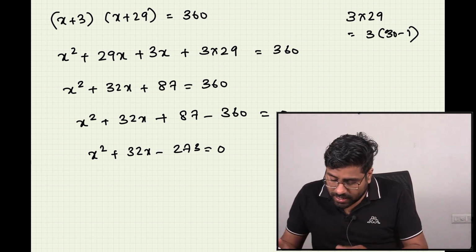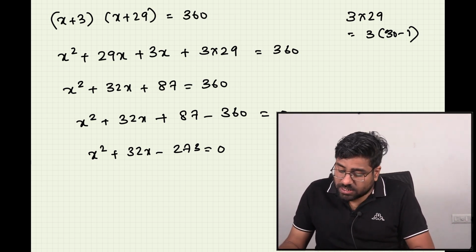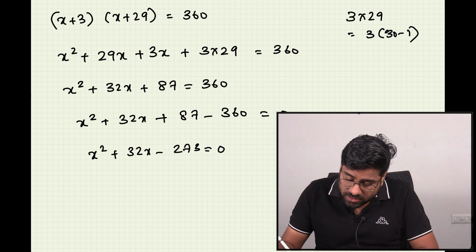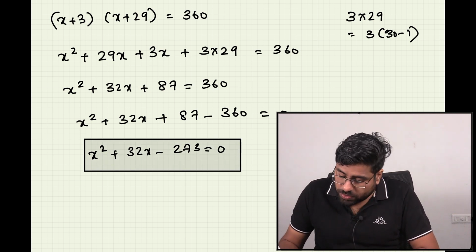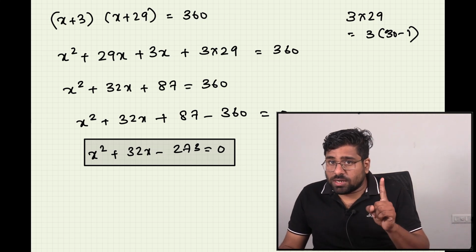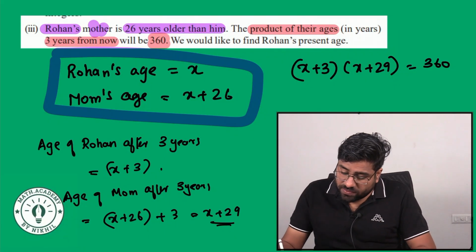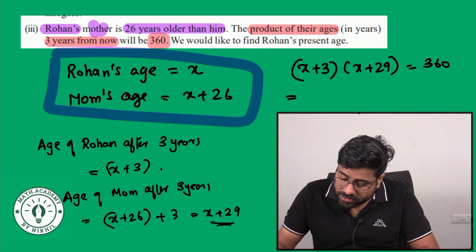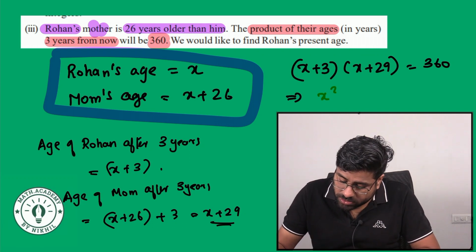All right, so let's see that. Now that is going to be X square plus 32X minus 273, which is equal to 0. That happens to be your quadratic equation. So what is your final equation? I'm going to just write the final equation. That is going to be